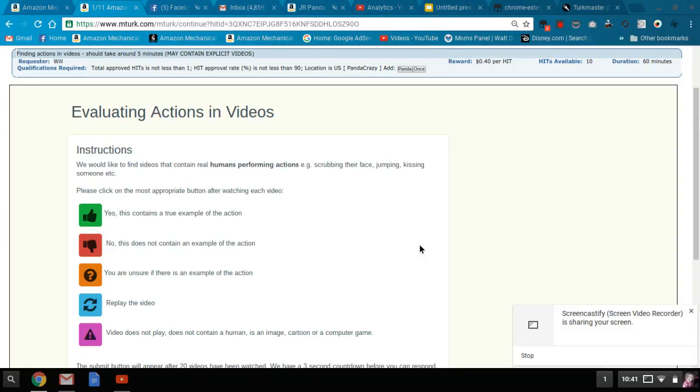I have another video prior where the additional instructions weren't highlighted. So if you want to compare and contrast them, you can see what the difference is. It's pretty minor, but as I said, today, September 11th, 2016, these new instructions just popped up this morning when I caught 10 of these.